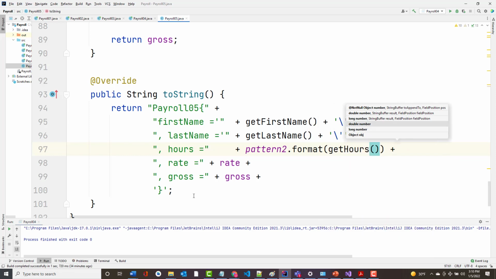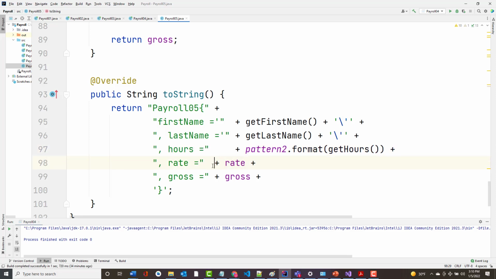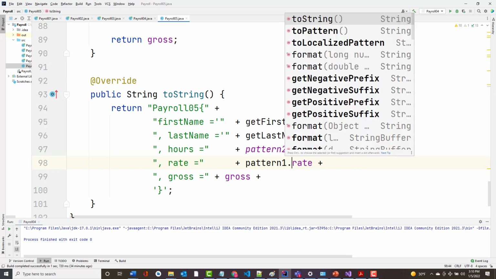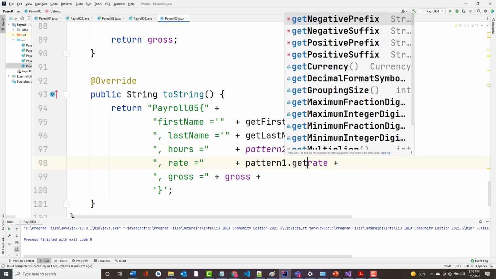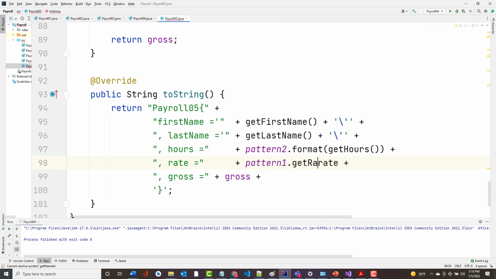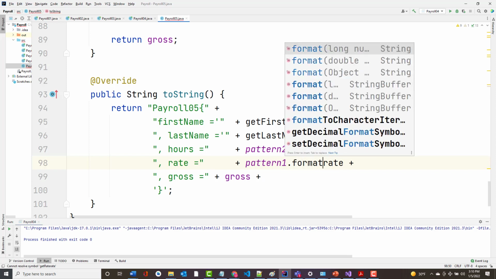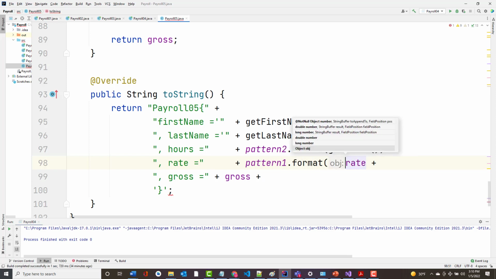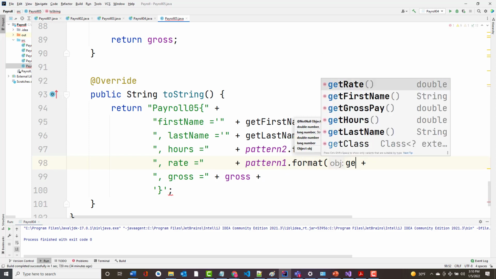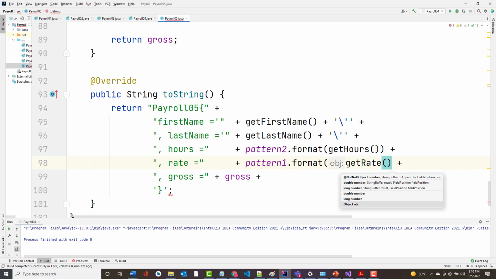Same kind of thing for rate, except with rate, it's going to be pattern1.format get rate. And another paren, I think. And then finally, for gross,